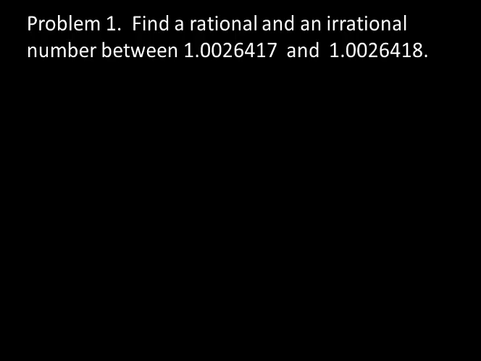So I'm going to end this video with 2 problems, and you'll see problems like this on our in-class set that we work on, and also probably on the next test. Find a rational and an irrational number between these 2 numbers here, these 2 terminating decimals. Okay, the way I do this is I write the biggest one on top, so I compare the digits and I see they differ right here. So the biggest one is